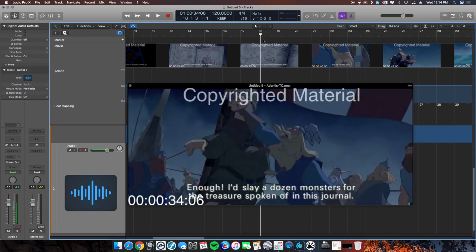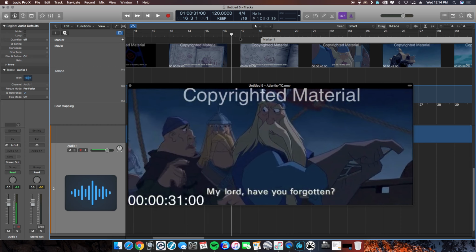So what you can do in Logic is Control Option apostrophe, and that'll create a marker right where the playhead is. So if I play it from here,